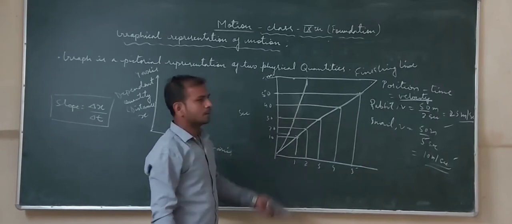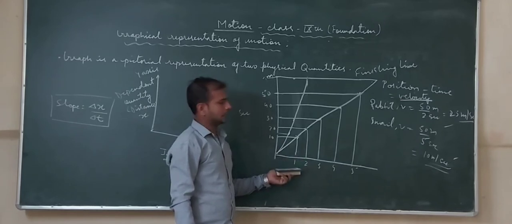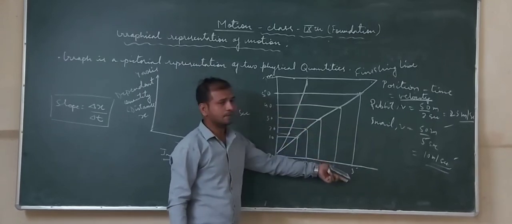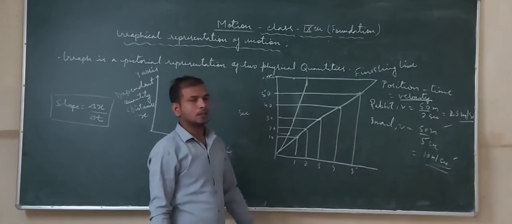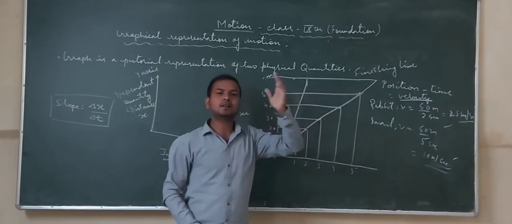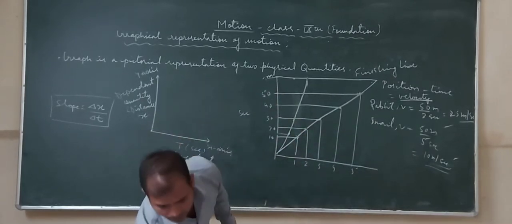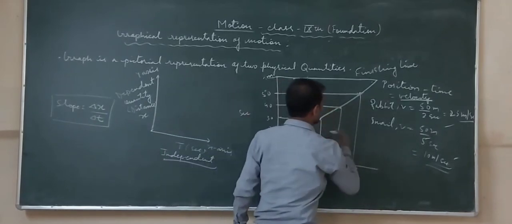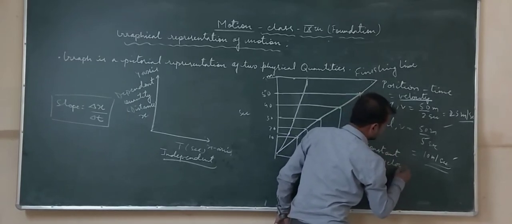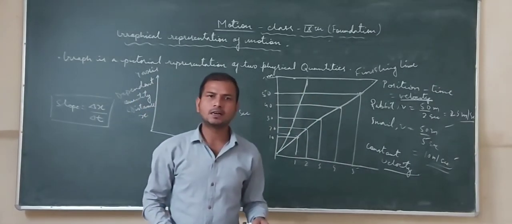30 मीटर का माप है और ये 40 मीटर का माप है, ये 50 मीटर का माप है। तो वो हर सेकंड 10 मीटर मूव कर रहा है। यहाँ पे 10, यहाँ पे भी 10, आप चेक कर सकते हैं। 20/2 you will get 10 मीटर पर सेकंड, 30/3 10 मीटर पर सेकंड, 40/4 10 मीटर पर सेकंड, 50/5 you will get what? 10 मीटर पर सेकंड। So what you are able to see कि उसकी वेलोसिटी हर जगह क्या है? वो 10 मीटर पर सेकंड ही है। सो इसकी वेलोसिटी को जो कि पोजीशन टाइम रिलेशन से मिला है उसे हम लोग क्या बोलेंगे? It is having what? कांस्टेंट वेलोसिटी।